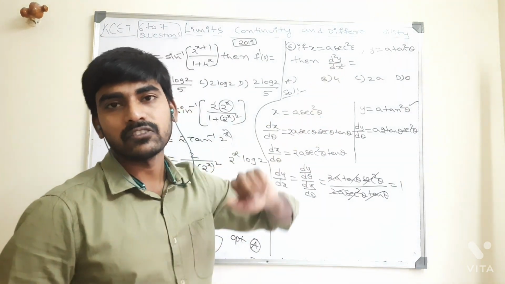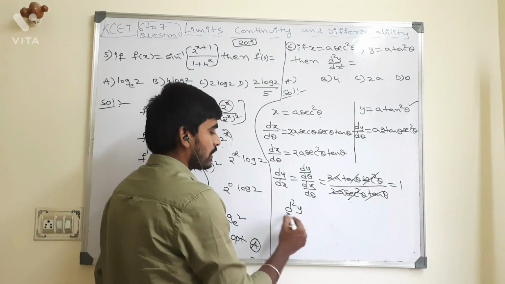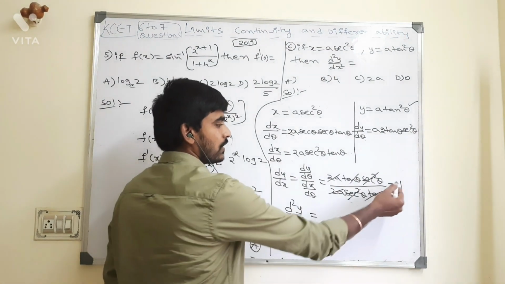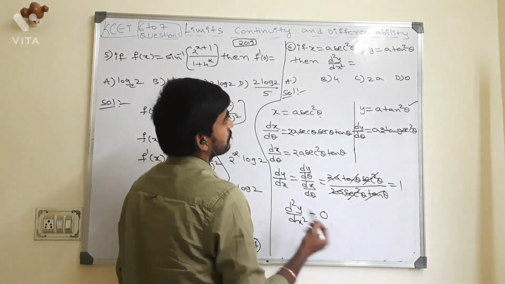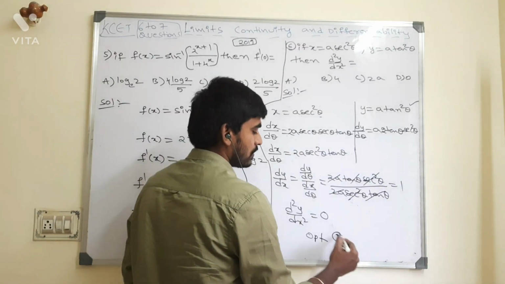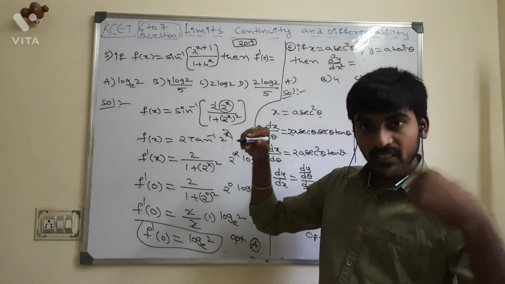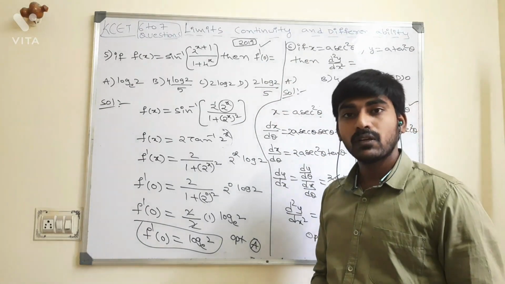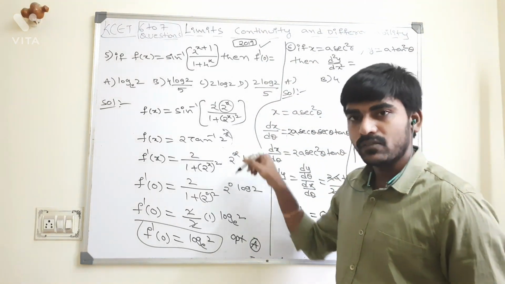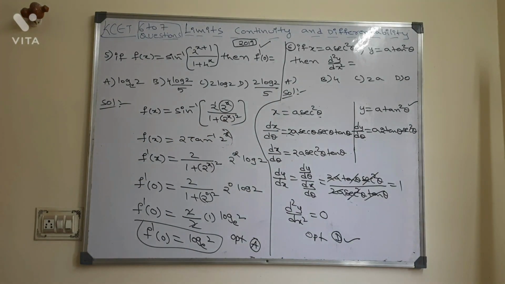But that is dy by dx. What they asked me to find is d square y by dx square. So now once again you do the derivative, d square y by dx square. Derivative of 1 is 0. So which option is correct then? Option D. Next we will go to 2020, completed in my last video. Now I completed 2019. Next we will go to 2018 in this video. In this video only I will do 2018 also.